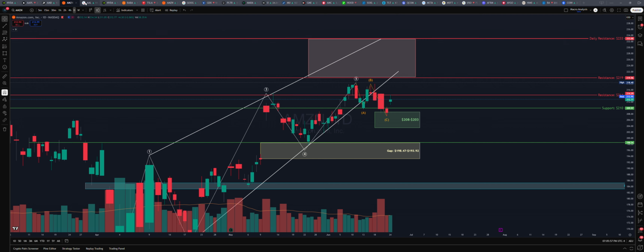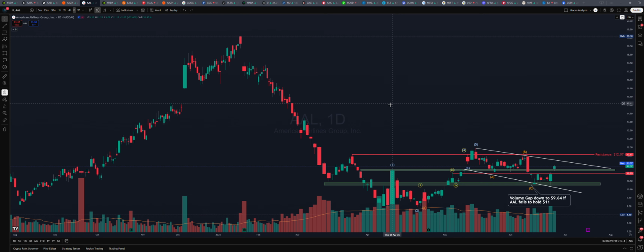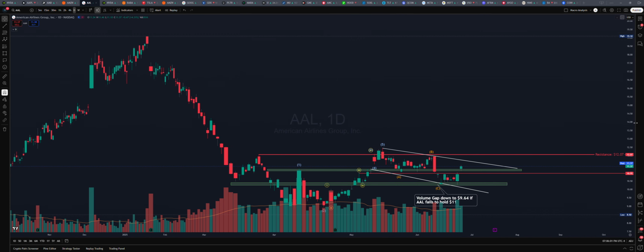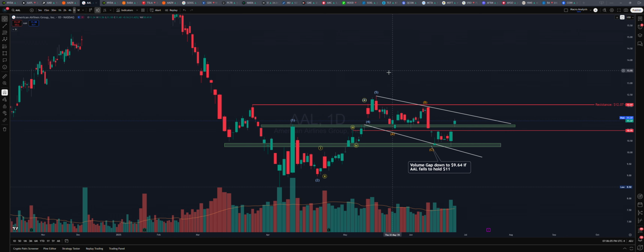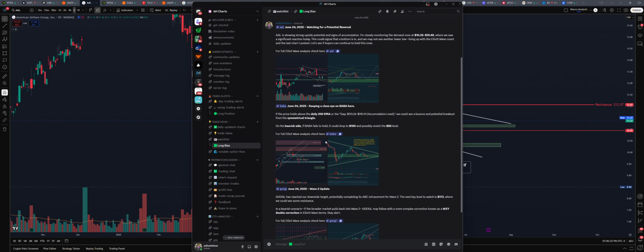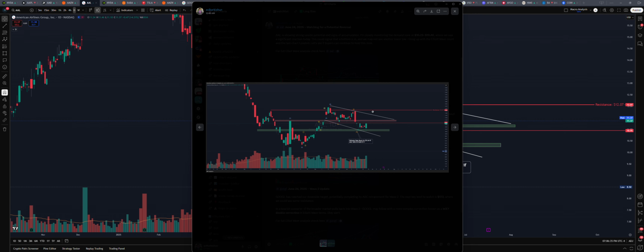Again, let's look at American Airlines. One of my favorite setups here we have is American Airlines. This is something I put on the watch list yesterday. Let me show you guys. So in the Discord, I put a watch list. What I'm looking at for long bias, I have American Airlines, BABA, and Google. I think American Airlines have an amazing setup here. You're currently holding this level here, which we have, and I want to see a break above this level, which